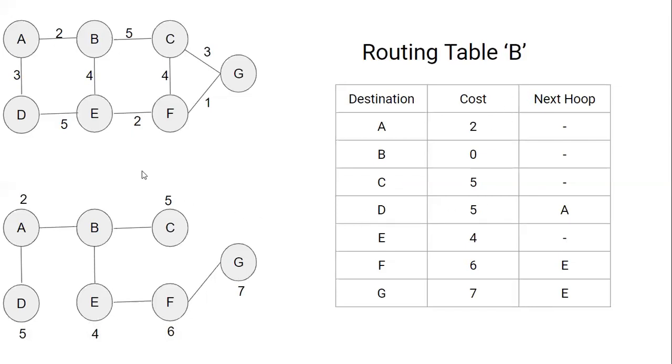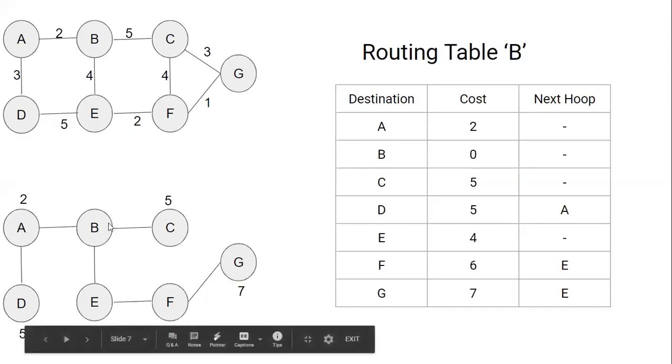Now B to F. When we are traveling from B to F, E is in the middle, so the next hop will be E. And the total calculated from B to F is 6. I have written 6 here. In the same way, then B to G. Directly from B to G, if you travel, our way is in this way. Total will be 7. And we are coming directly from B to E here, so the next hop will be E. So I have written E here.